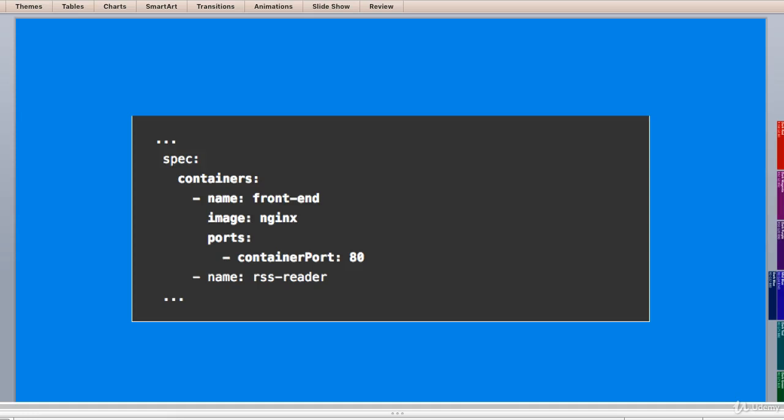Taking it apart one piece at a time, we start with the API version. Here it is just v1. When we get to deployment, we will have to specify a different version because deployments don't exist in v1. Next, we are specifying that we want to create a pod.